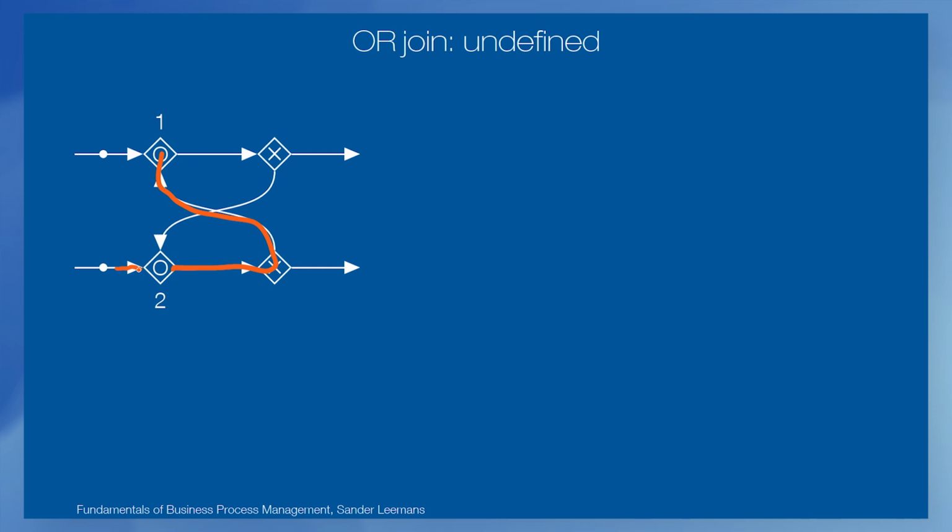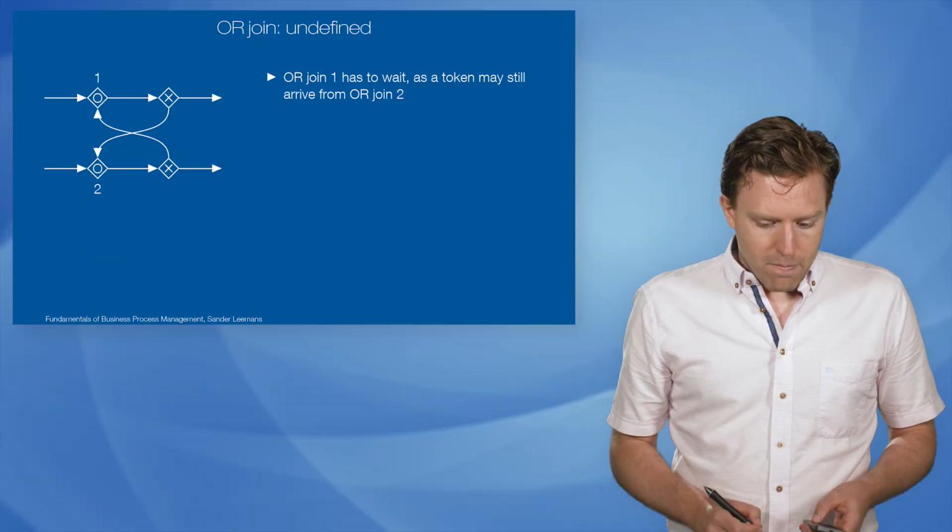Okay, so here we have another token. So another token can still come using the orange path to OR join 1. Hence, OR join 1 has to wait. But,